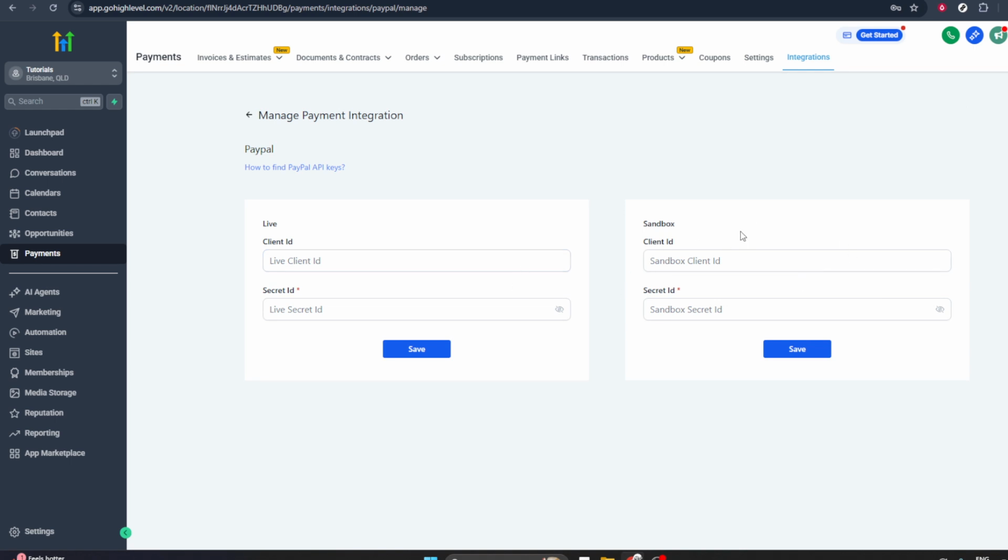Next, click on the Connect button next to PayPal. This is what starts the linking process between your Go High Level sub-account and your PayPal business account. When you click Connect, a new window or tab will typically open, redirecting you to PayPal's secure login page. If pop-ups are blocked in your browser, you may need to temporarily allow them so the PayPal window can open